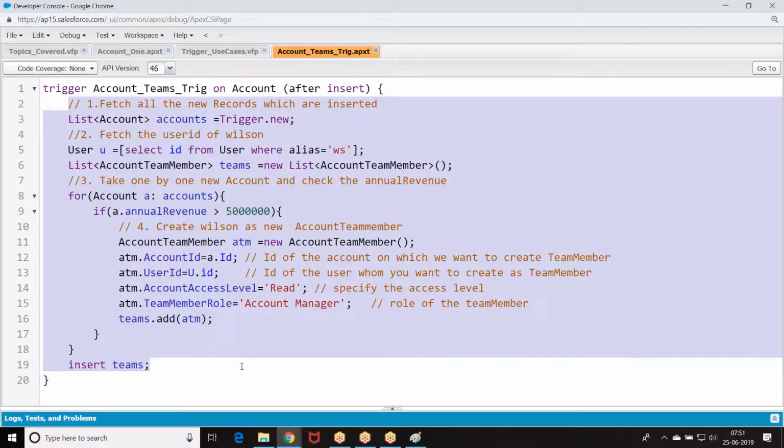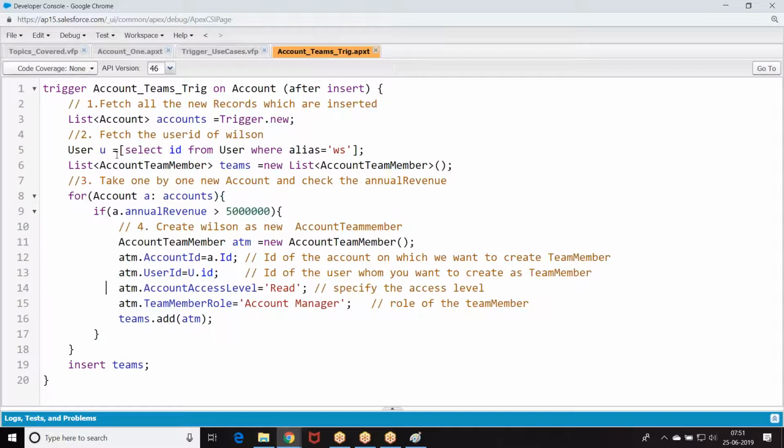Let us go to the next context. Satish, one thing. On point number 3, whatever you mentioned, like take one by one new account, but at any point of time we'll get only one account, right? No. Only one record? See, the point is, every trigger is a bulk trigger. What is the guarantee that you only insert one record? If you remember well, we have done account, contact, quote, opportunity with opportunity line item. Do you remember that?